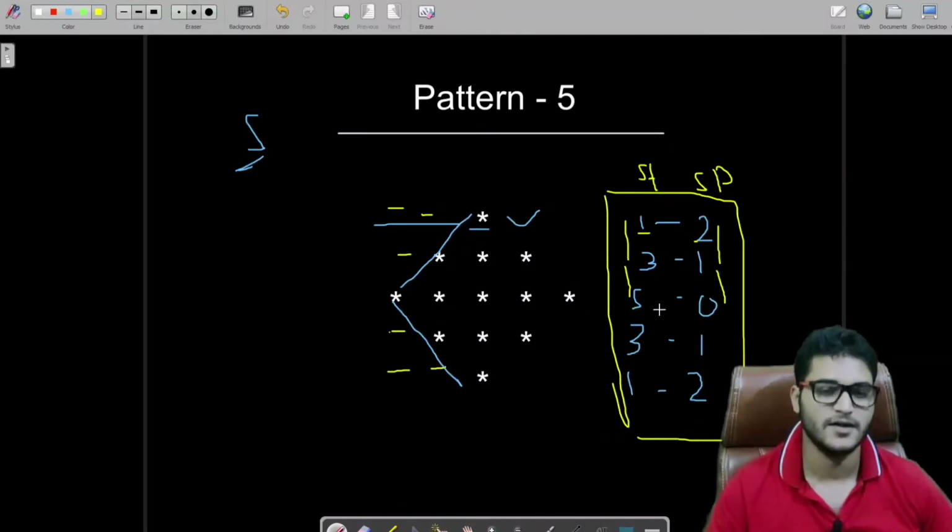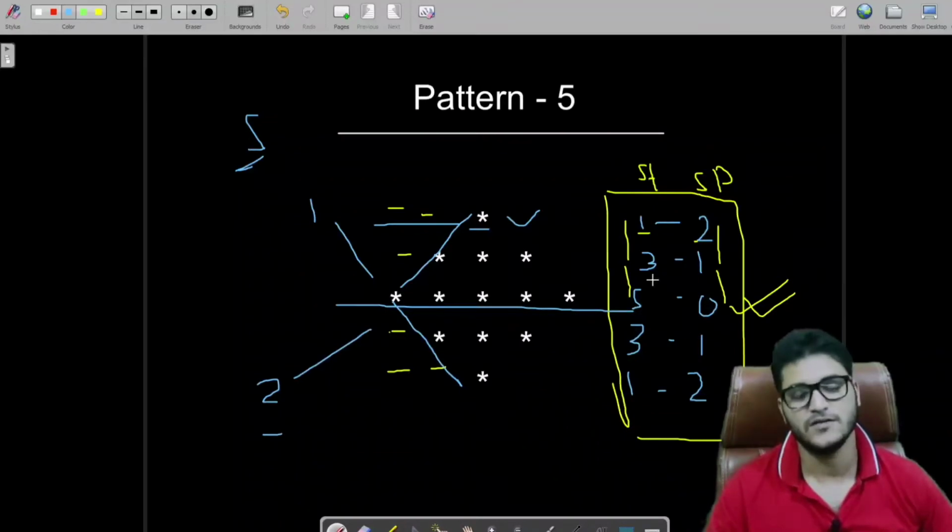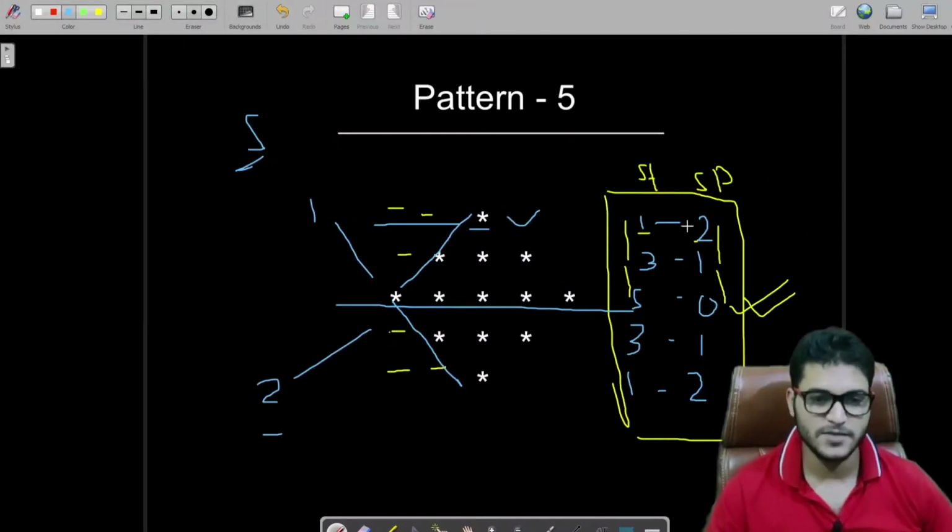So fine, this is the thing for the first part. Let me break it into two parts so that you are not confused. We treat this as the first part and this as the second part. In the first half, we are decreasing our spaces by 1 and increasing our stars by 2.